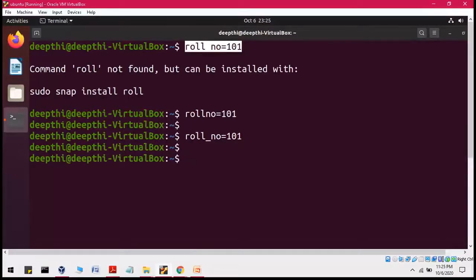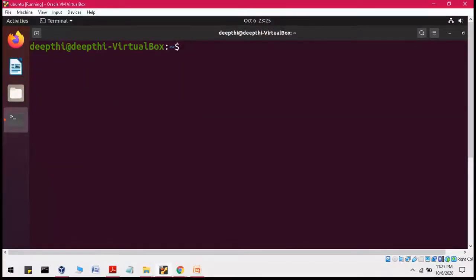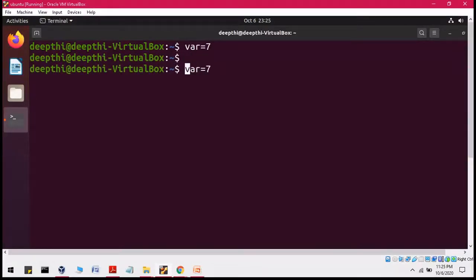So this was the third rule. Now coming to the next point, a variable name can only start with a letter or alphabet. Let's say var is equal to 7, this is correct. Similarly, if I start the variable name with an underscore, this is also correct.